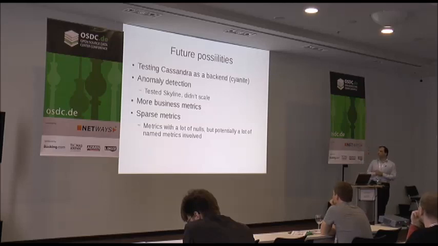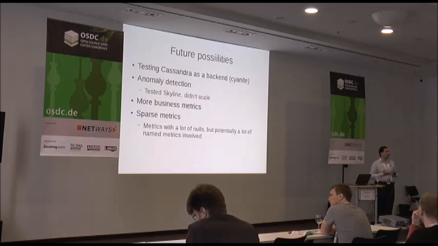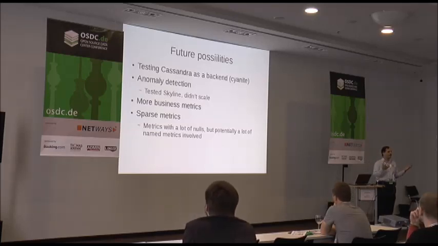We are looking at sparse metrics, which is basically, I have this potentially 1,000 varying points of interest, lots of nulls, but potentially a lot of names. So I will have data for 3 days for this thing, data for 3 days for this other thing, but they don't have to be correlated. We don't want to keep them lying around for more than a few days, but Graphite doesn't support these things very well at the moment.